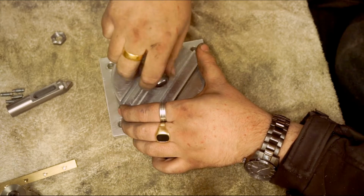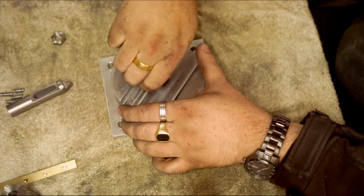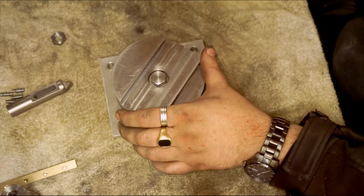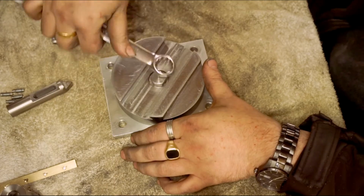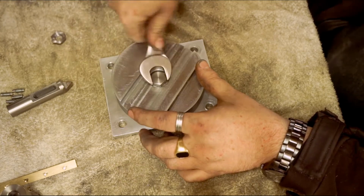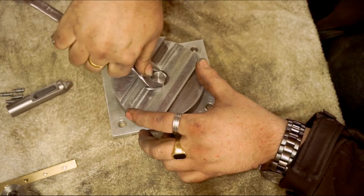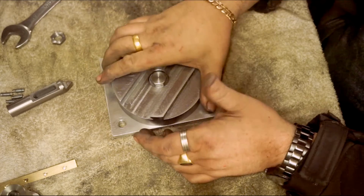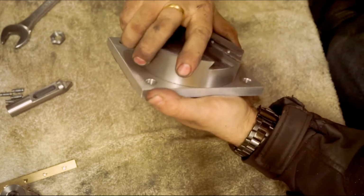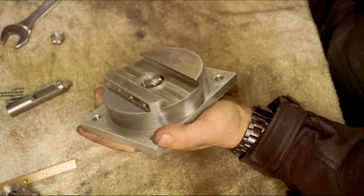This needs a little bit of speeding up, I can see. So the problem when you do a fine pitch thread, it takes a lot more turning. Should have made that recess wider. Even without grease, that's still pretty damn smooth. And then you'll get the tension that you want,